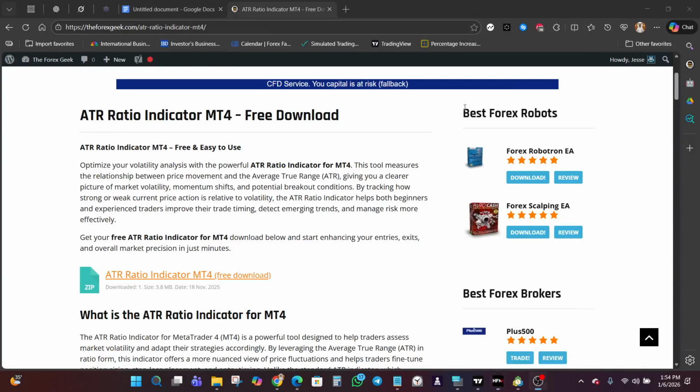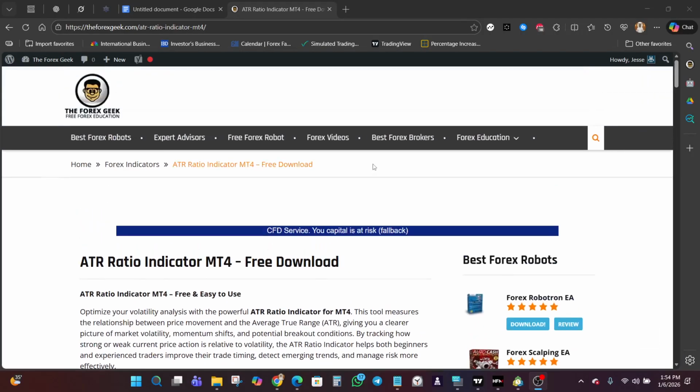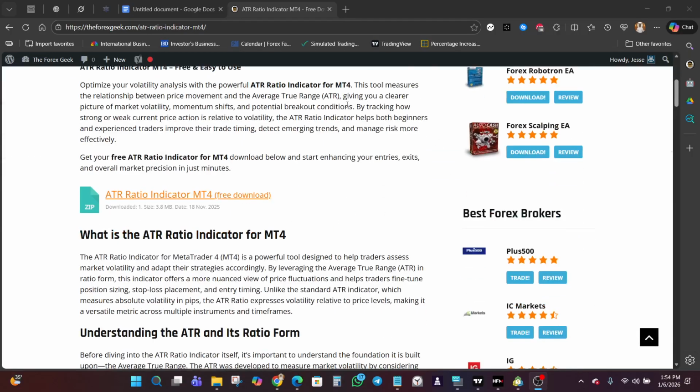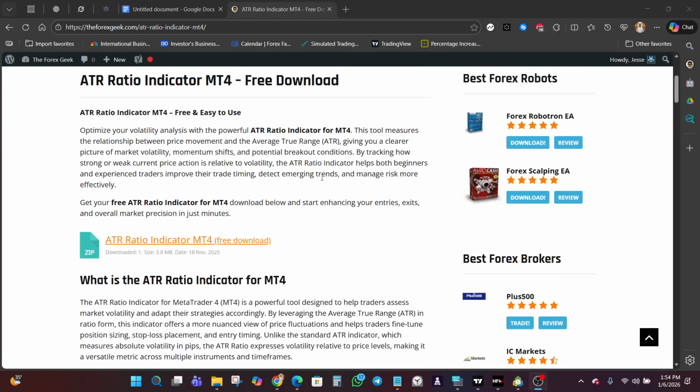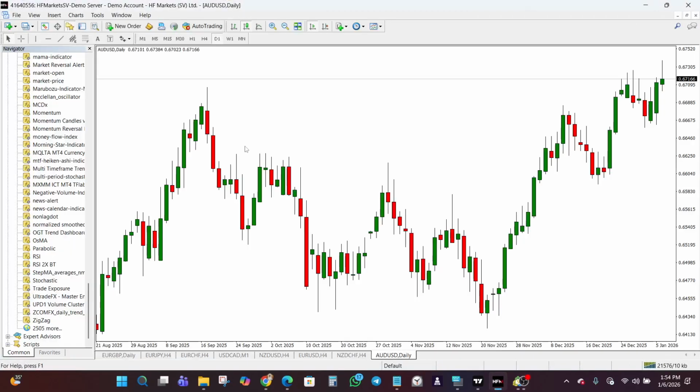Okay, so the first step is to go to the Forex Geek website. You're going to see the link in the description. Once you click on the link, you just come here and click on this. It's going to automatically start downloading, or of course you permit it to download, and then once you have it downloaded into your system, you add it to your indicators